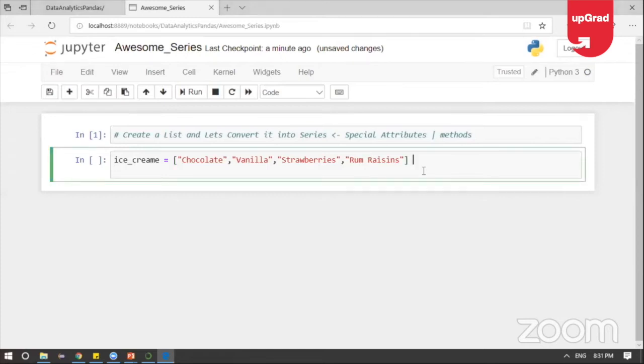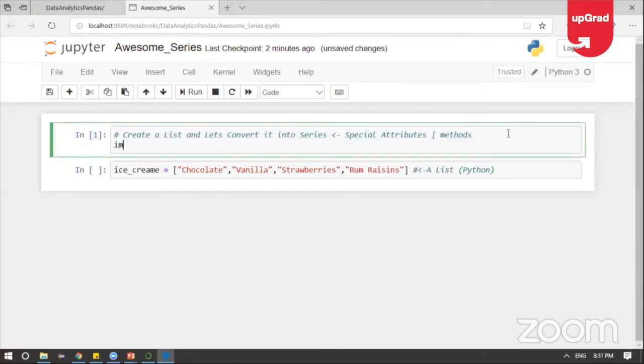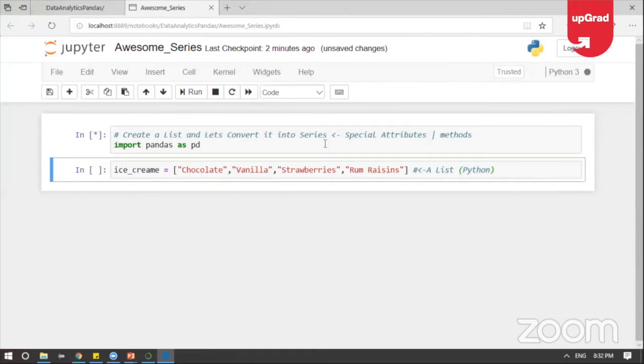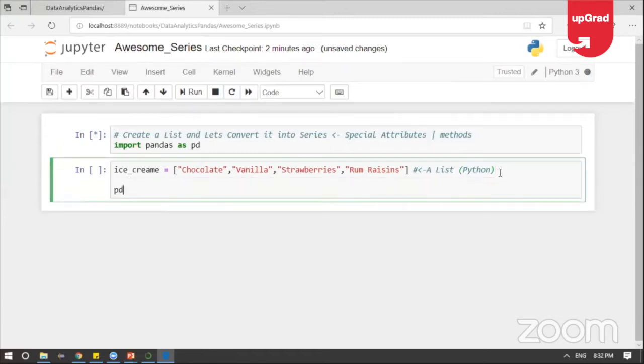Okay, so guys, here we have a list from Python, and I'm going to convert this list into a series. For that, we need to import pandas as pd. I just forgot to import the module, so no worries. First of all, import pandas as pd, and don't forget to execute the cell. I've executed the cell, and here I'm going to convert ice cream, which is a list,